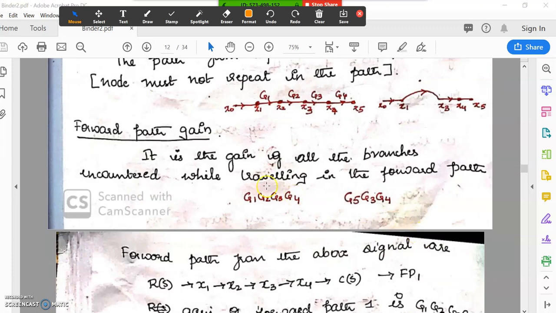So the gain of the path will be the gain, that is the values with which we multiply. That will be the gain. For this first one, it is G1, G2, G3, G4. For the second one, here it is 1, G5. Here it is 1. Here it is 1. Then here it is G5, then here it is G3, G4. So it is 1 into G5 into G3